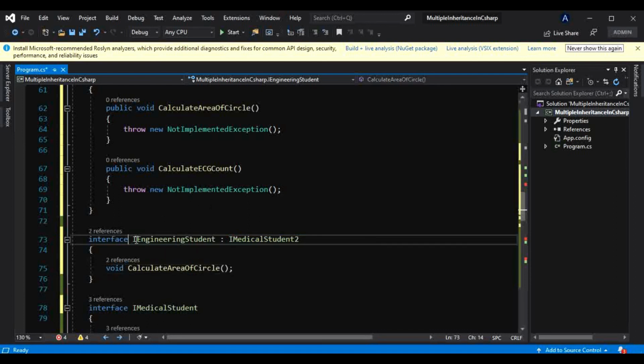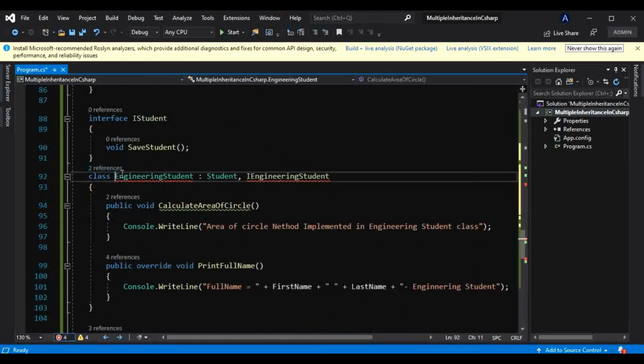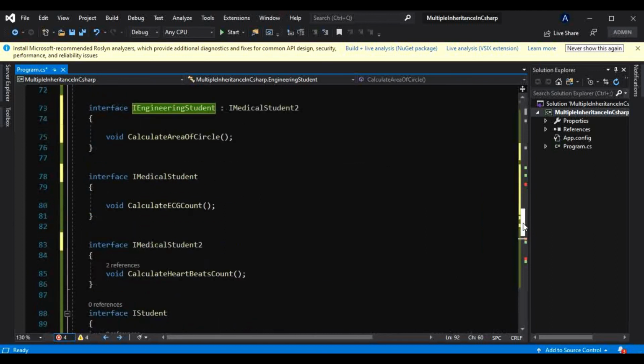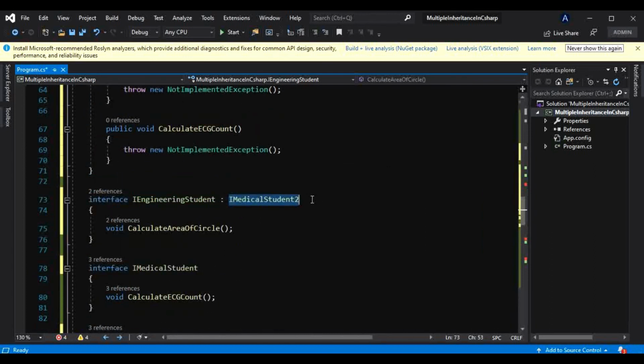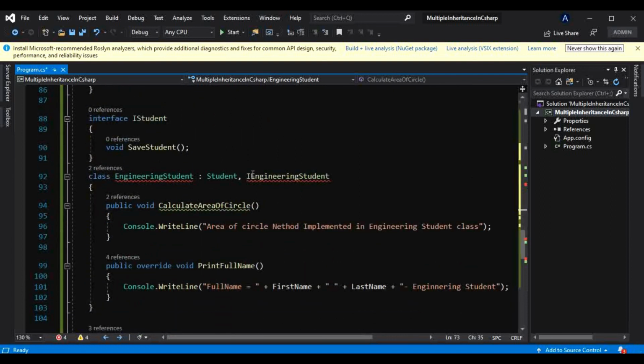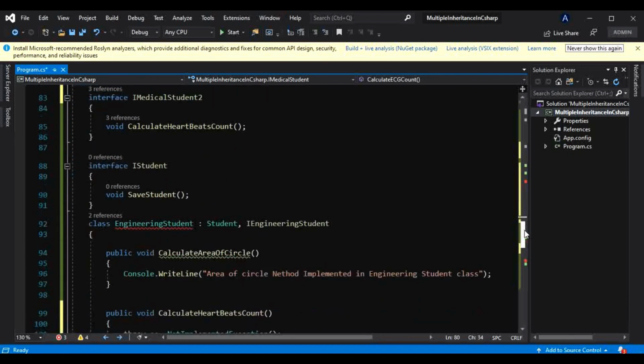If this interface is inheriting from another interface, then a class which is implementing that interface has to implement that method also which is present in the other interface. So if I go to show potential fixes and implement that,